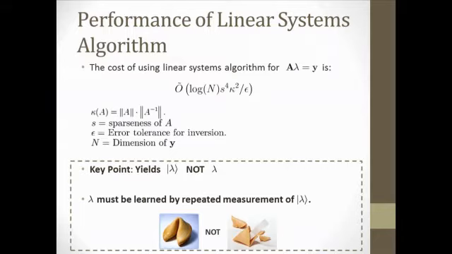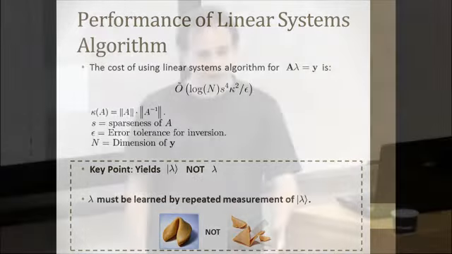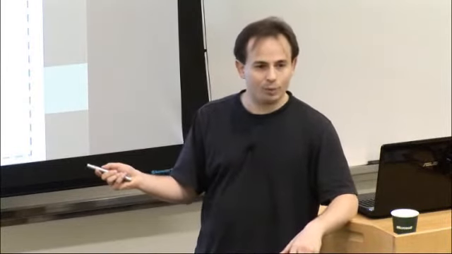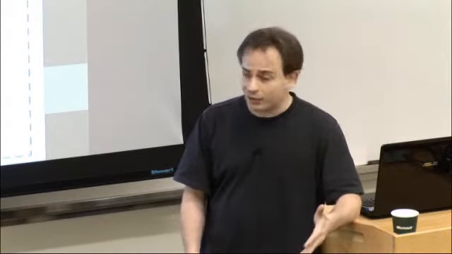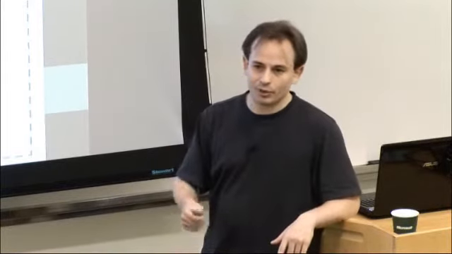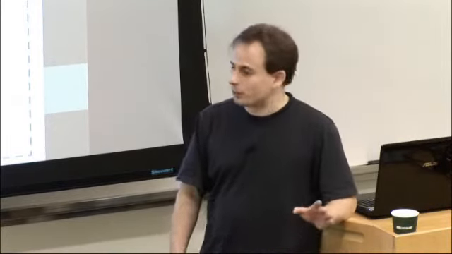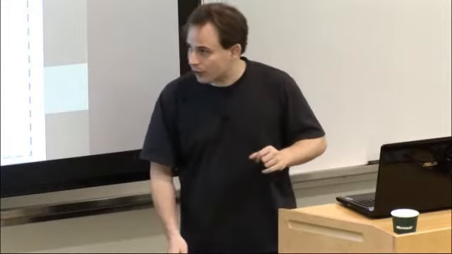And the key point, though, is that at the end of the algorithm, what you end up with is a quantum state that encodes the answer to your problem, not the answer. And that's a big drawback, because in general, the size of the problem is exponential. So if you wanted to read the output out of this, you'd have to sample the quantum state an exponentially large number of times. And you would totally lose any advantage that you could possibly get from this algorithm by doing so. So that's one of the major drawbacks of this particular algorithm.